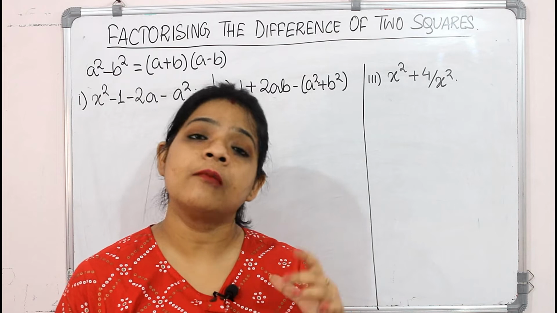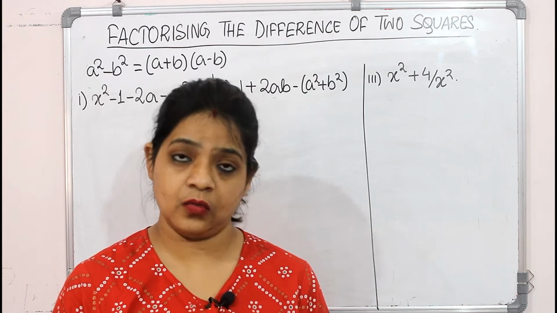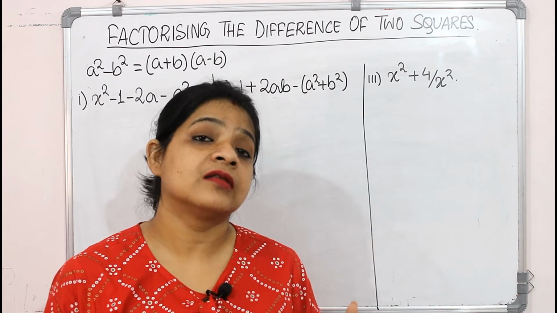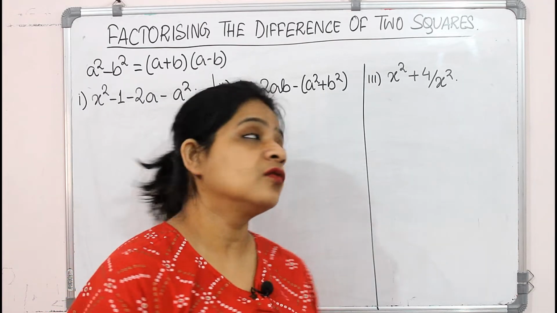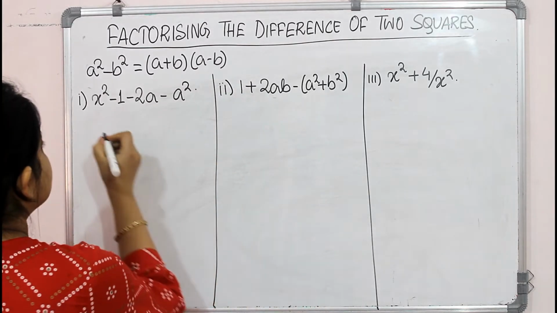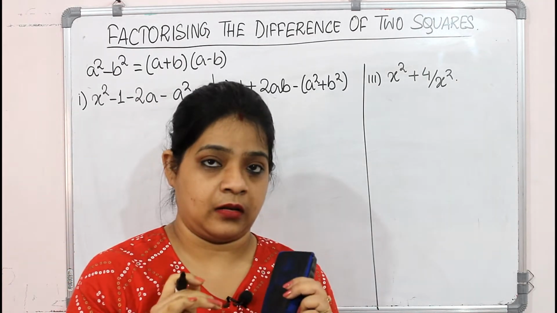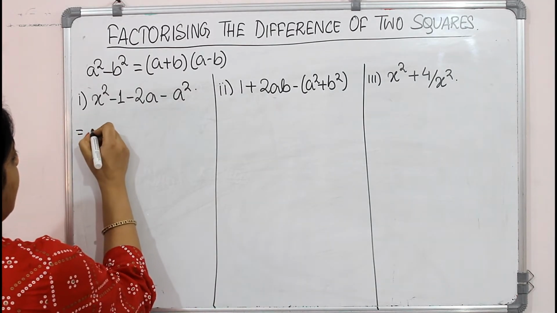Okay, so from here you have to make the difference of 2 squares. So how to do? Now you have to use the concept of factorization by grouping. So what do you do? You make, suppose, such that they make a square. So suppose if I write x square